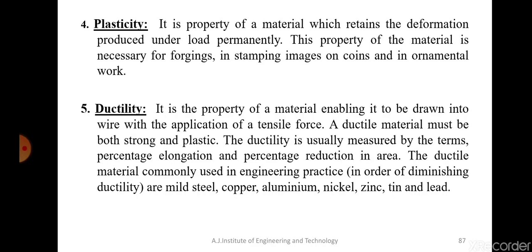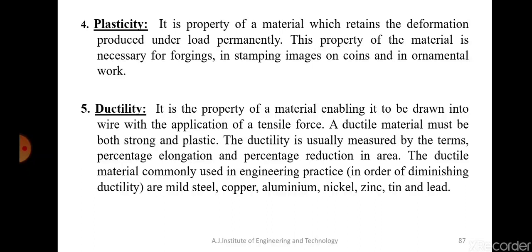Suppose there is a rod and I am applying tensile force on it. Its diameter will go on reducing, but at the same time the length goes on increasing without breaking. If that is possible in some materials, that is called a very good ductile material. So where can we use such materials? It is used in making wires. In electrical wires, which material do we generally use? We generally use aluminium, and in some highly required components like ACs and fridges, we use copper, right?